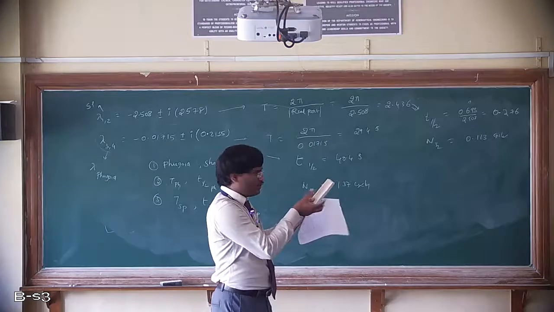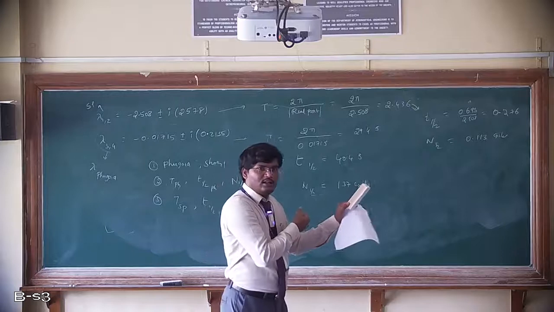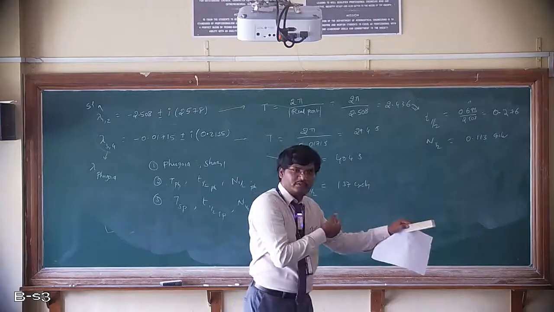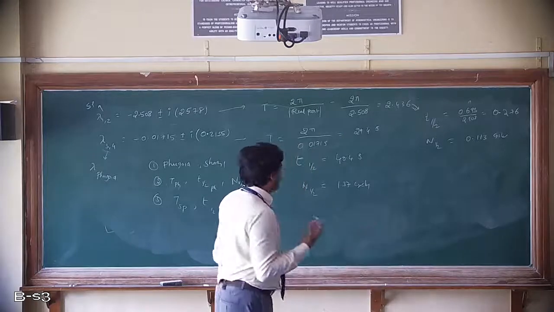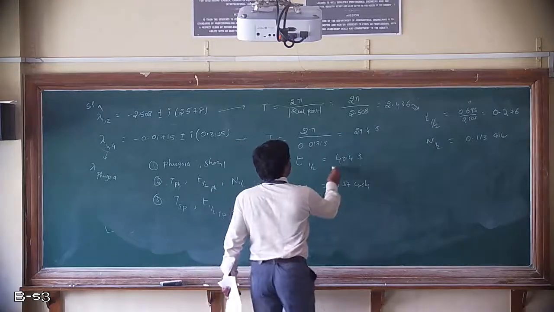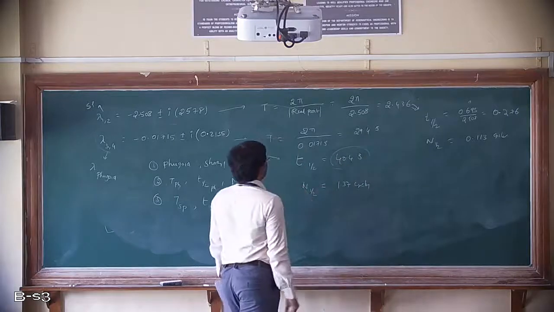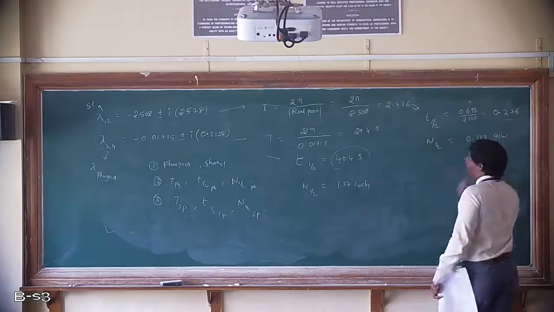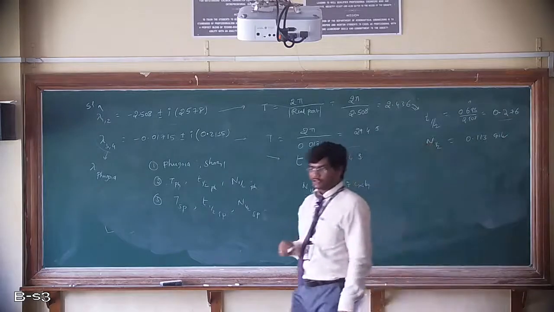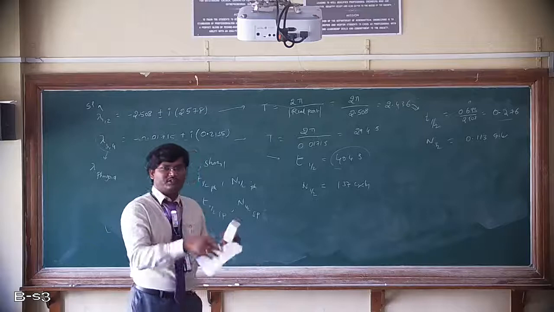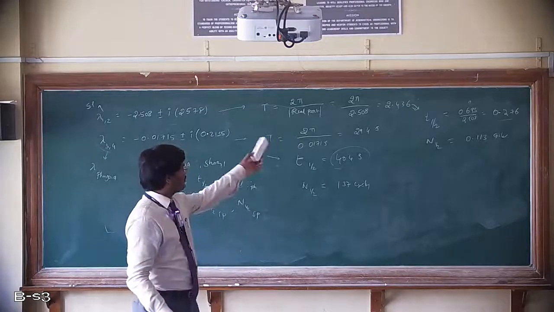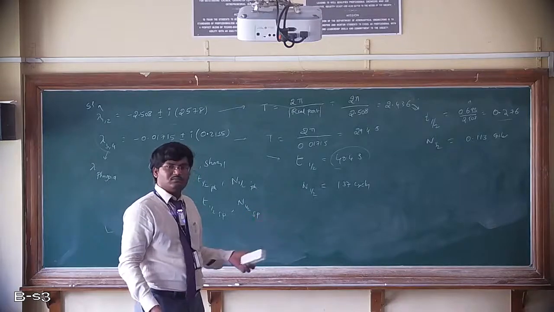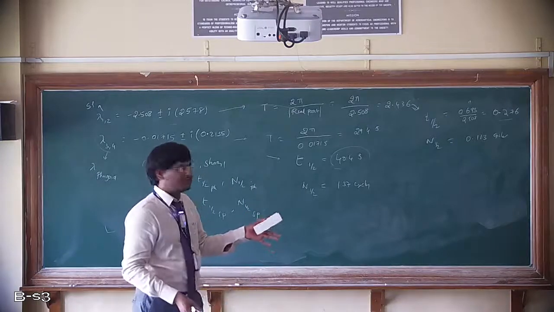For example, this is my aircraft. Because of a disturbance, the angle of attack increased from 5 degrees to some 10 degrees. So the disturbance is 5 degrees, right? After 40 seconds, it is coming to some 7.5. From 10 to 7.5, are you getting? It is taking some 40 seconds. The same thing, if you see here, it is taking 0.2 seconds.